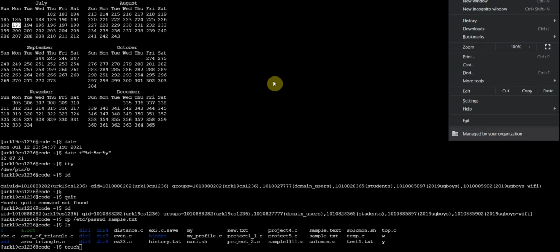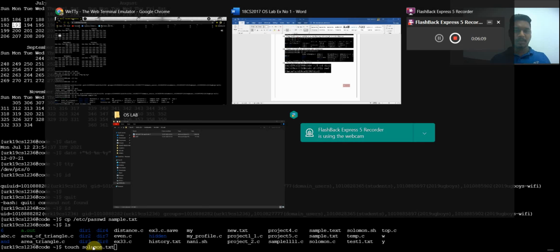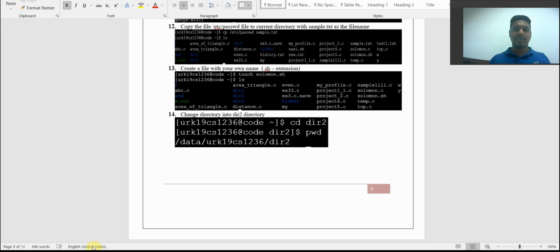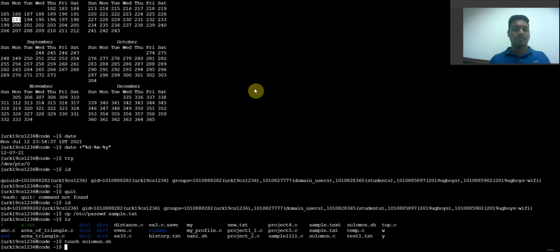So when you press touch solomon.txt, sorry, solomon.sh. They have asked specifically for sh. This is the keyword we need to remember to create a file. As we create a txt file we use txt, and for ppt use ppt, etc. In Linux when we create a shell file, it is like .sh. So this file is created, solomon.sh is created.